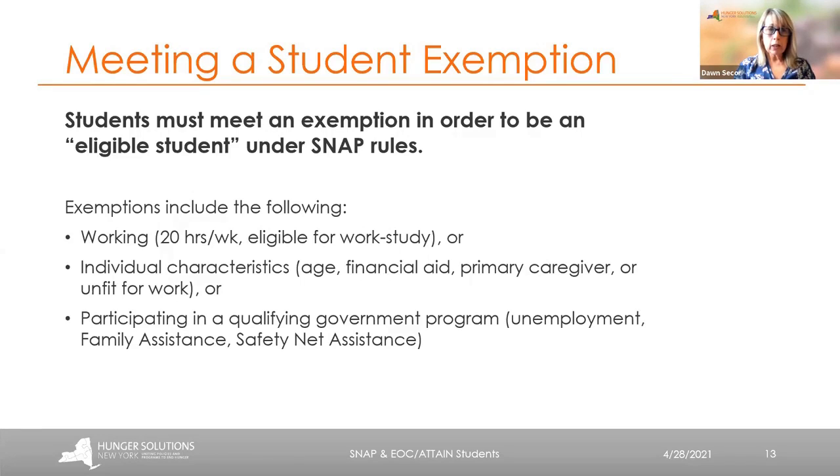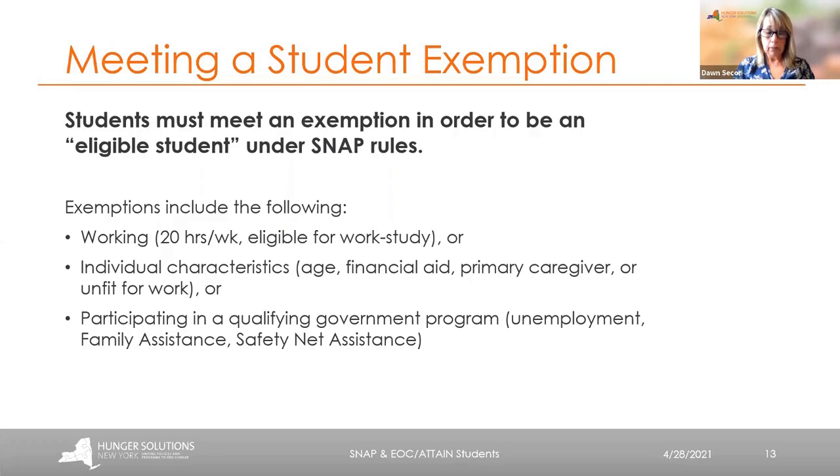Another bucket is students who are working, and that would be things like working 20 hours a week. That's the rule, that students must work 20 hours a week in order to be eligible for SNAP. Or they could be eligible for work study,